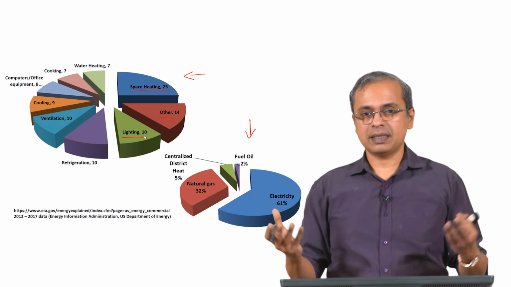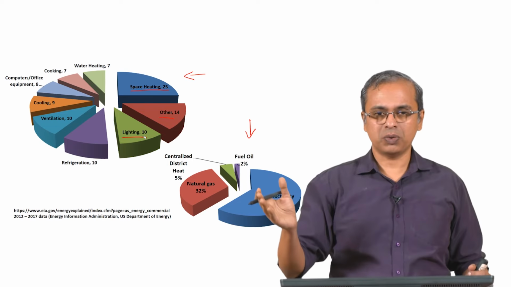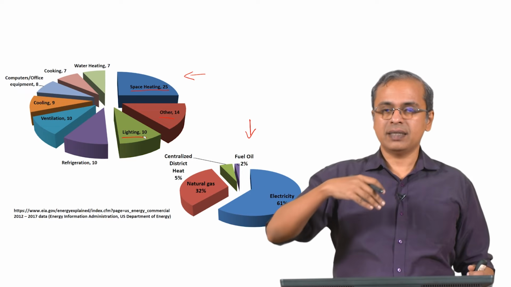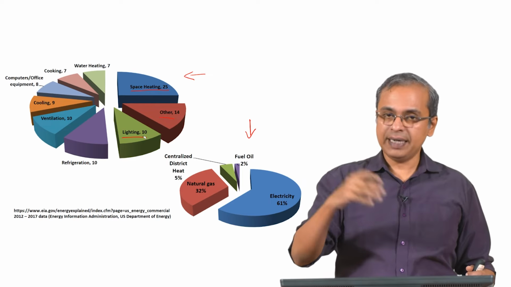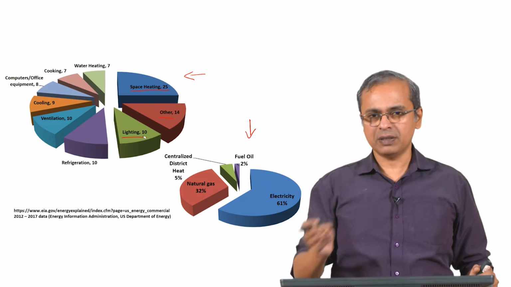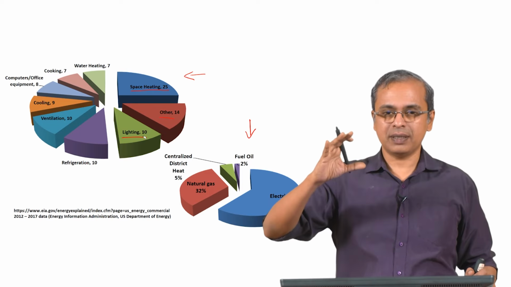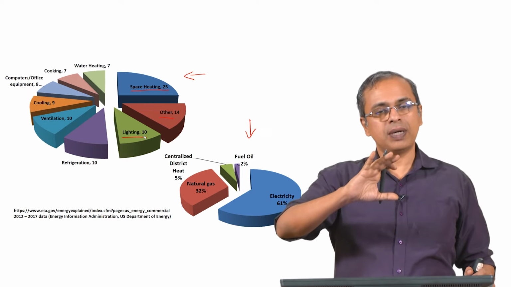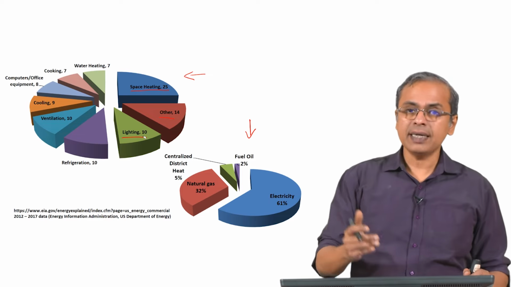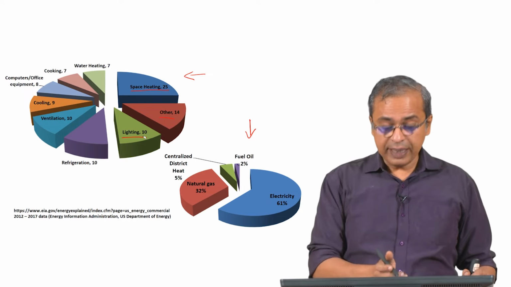Everybody started talking of climate control, so that it does not matter how it is outside, it does not matter if it is hot outside, it does not matter if it is rainy outside, does not matter if it is night, day, it is a cloudy day, windy day, nothing matters. Inside you will have exactly the same environment within some small variation. You will have the same, whatever you consider as a comfortable operating situation, you will have exactly that situation inside. So, today a lot of efforts are being made to correct this. So, one place is lighting.